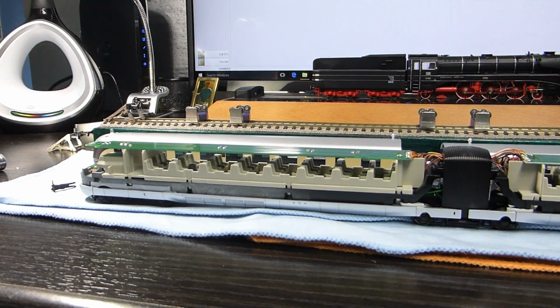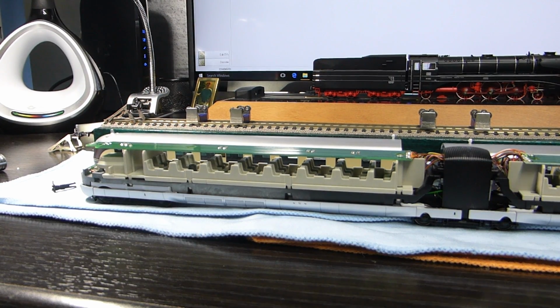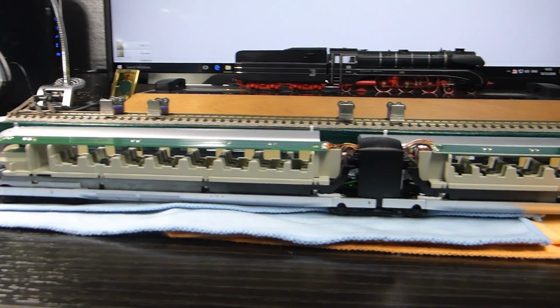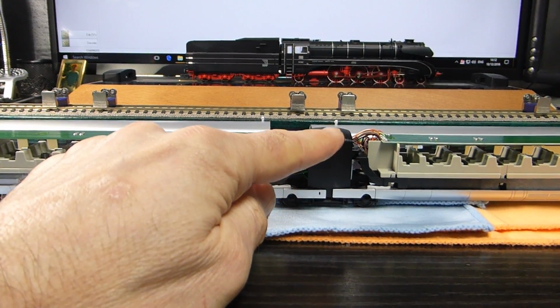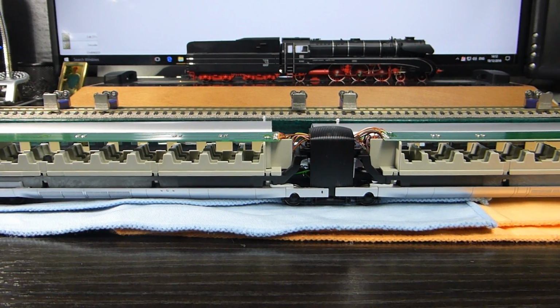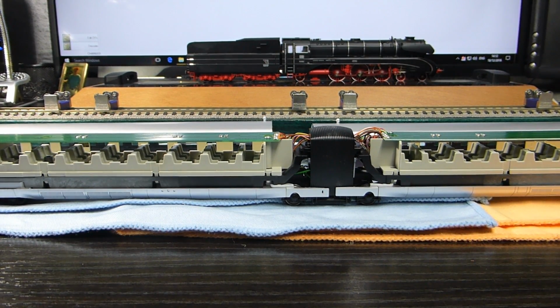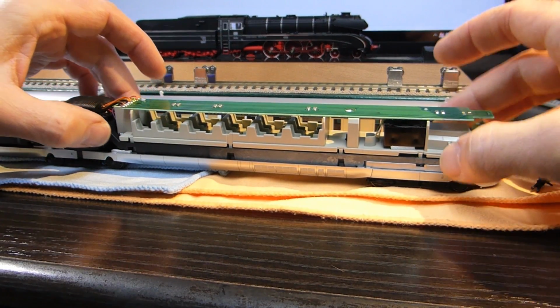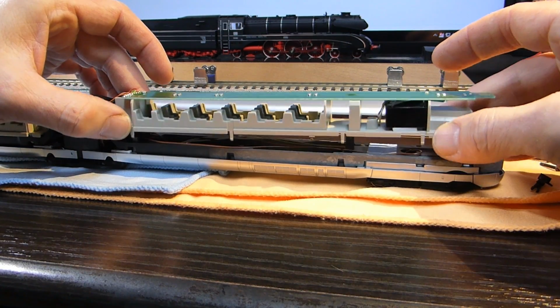I can't see anything, I can't see any sound chips. The motor is in the walkway, a specially designed motor. The digital chip, I have no clue where that's going to be. I managed to slightly prise out very carefully the lugs,